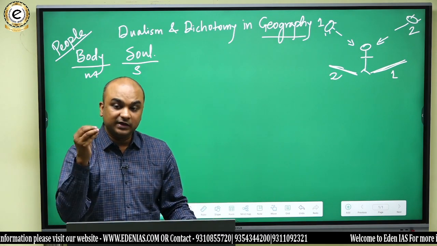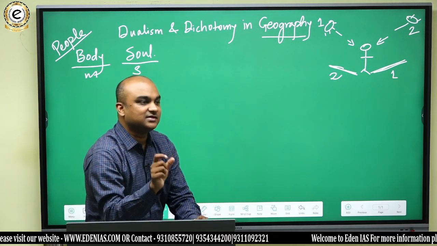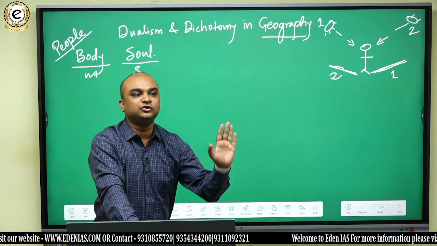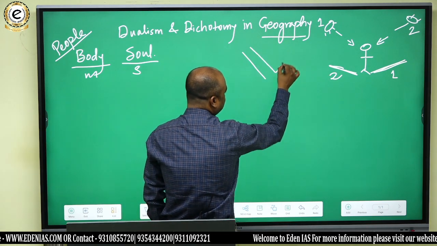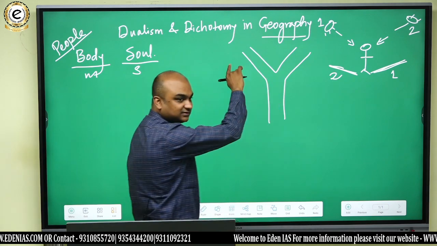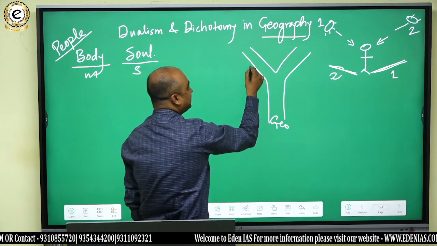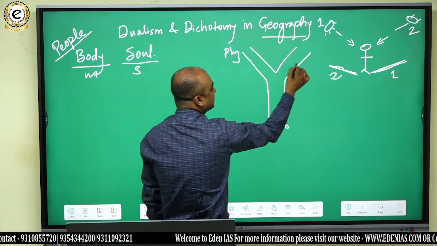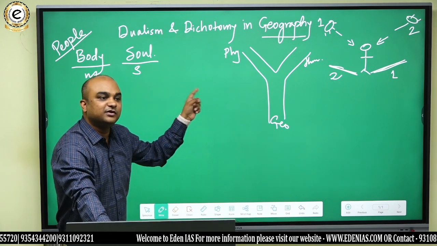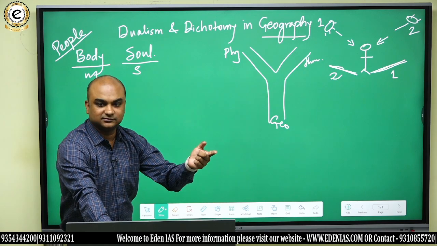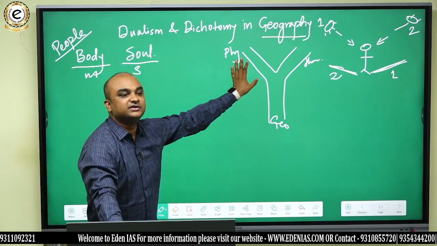So immediately the subject got divided, physical geography and human geography. In fact, dualism or dualistic thought processes are the guiding thing that helps in dividing a subject into several branches. Got it? So when we divide a subject into branches, now this is geography. It's like the same person casting two shadows. This is the physical geography branch. This is the human geography branch. And why were we able to do that? We were able to do that because of the dualistic thought. Do you get it? So this is the meaning of dualism and dichotomy in geography.